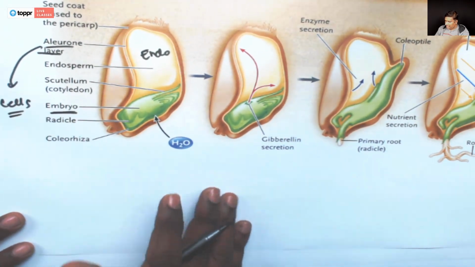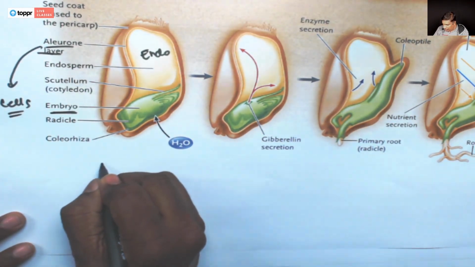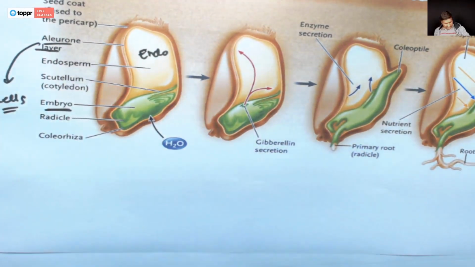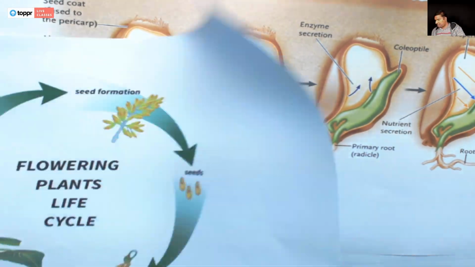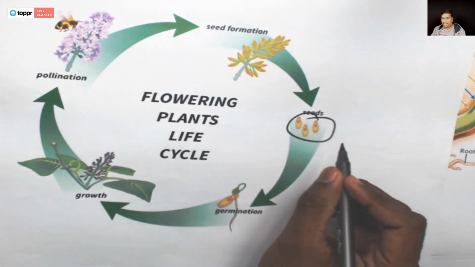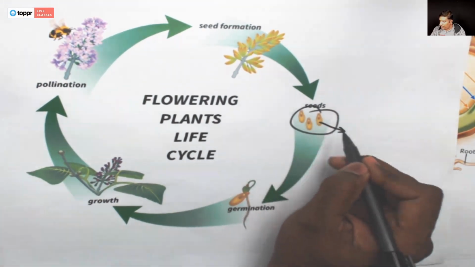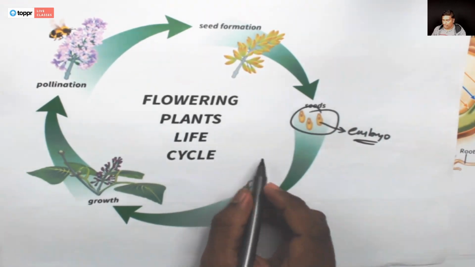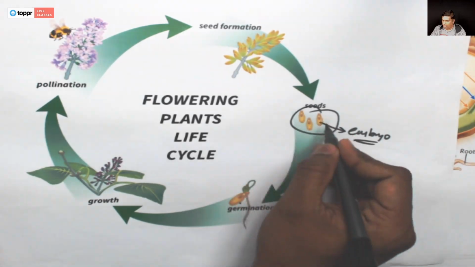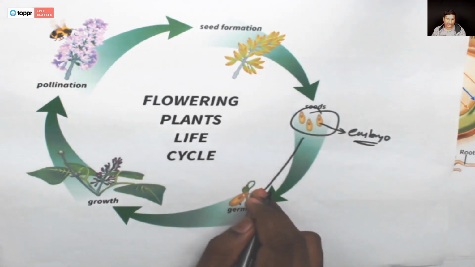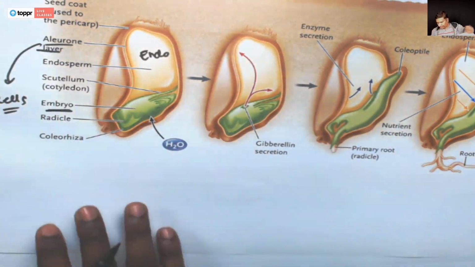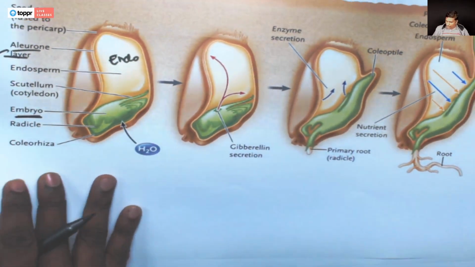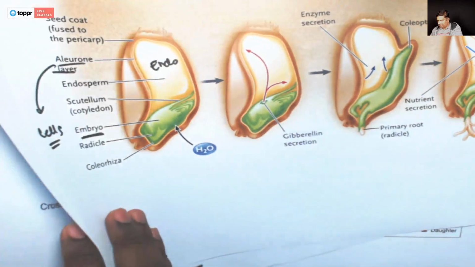Now what are the events that occur when a seed germinates? So what will happen in the next phase? So we have the seed, right? And in this seed we have the embryo, which is developing. In the next phase it has to germinate. Okay, so let's see what happens in this phase of the growth. So here we are talking about the events that occur